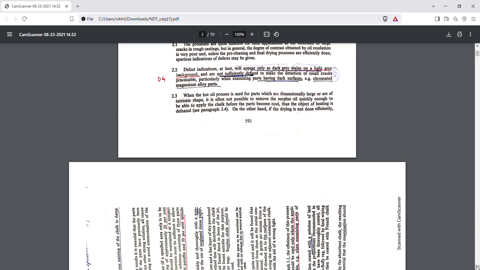Thus, the object of heating is defeated. See paragraph 3.4. On the other hand, if the drying is not done efficiently,